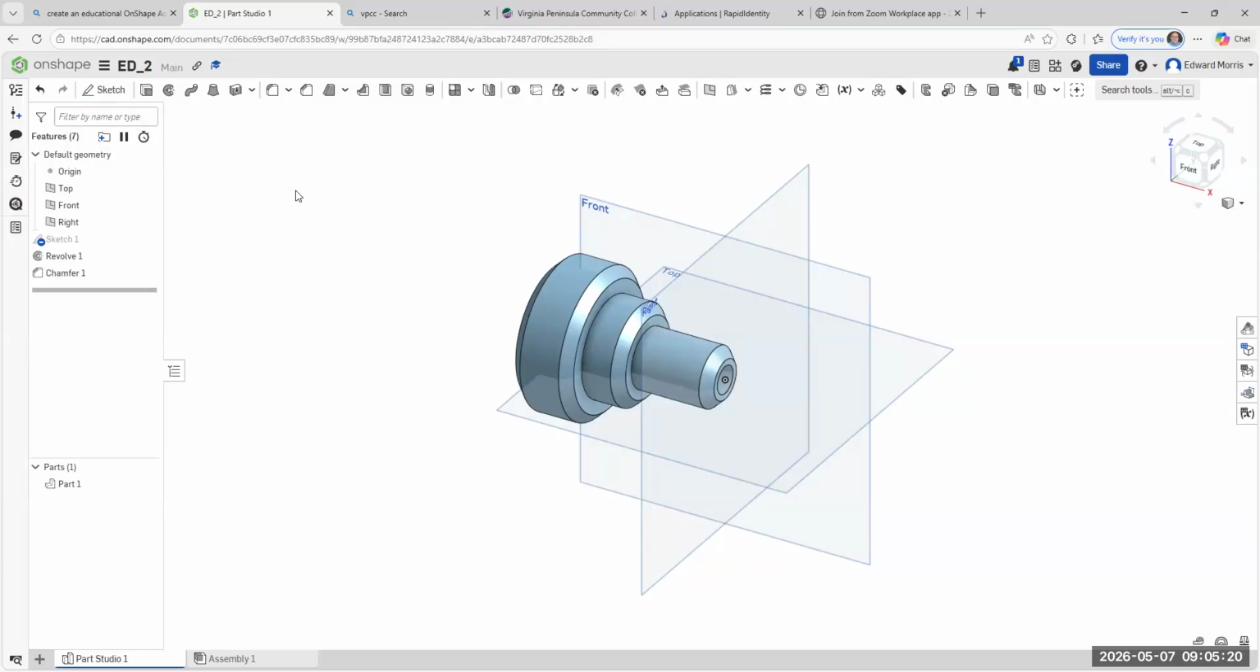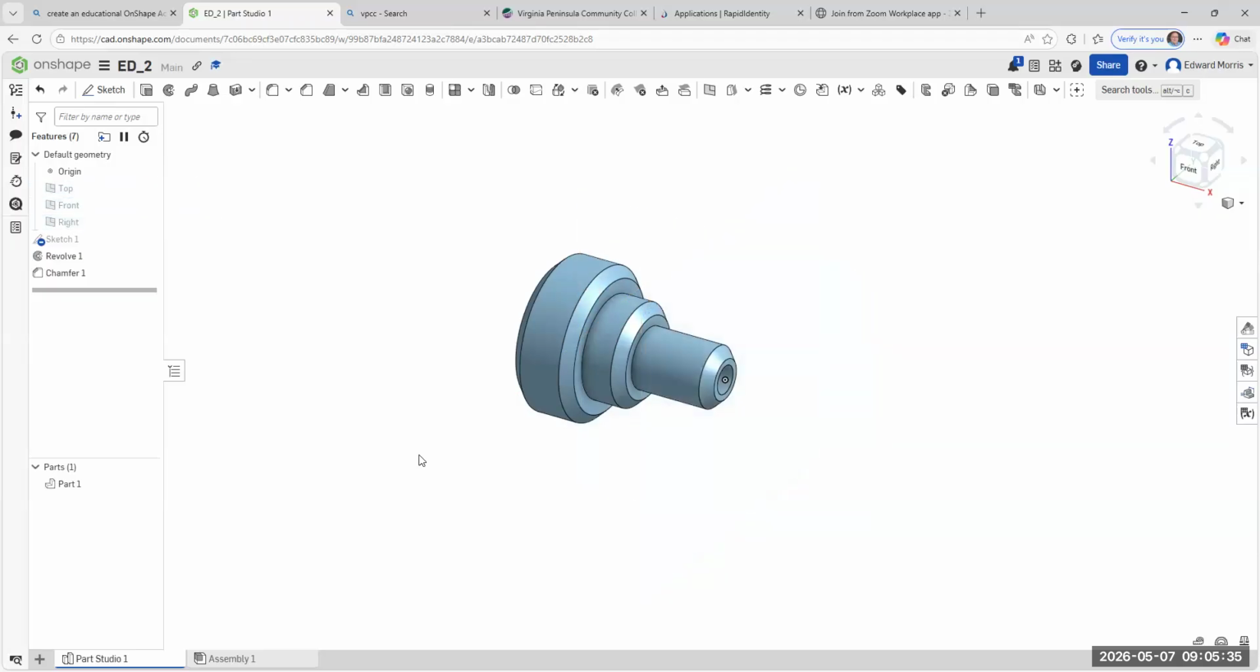All right. Now let me show you how to turn off these planes. You see it's like a little eyeball. If you highlight top, just click on the little eyeball. Click on the little eyeball. It turns off the planes, right? So now you just have your